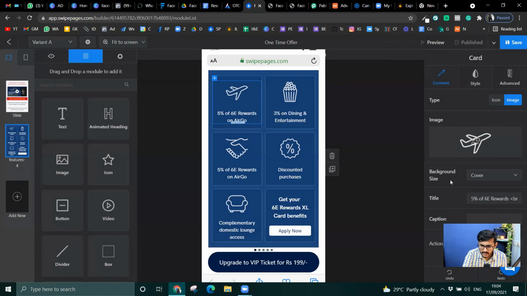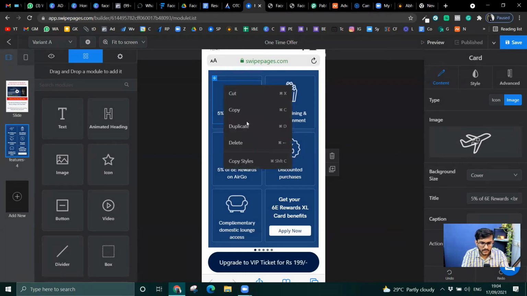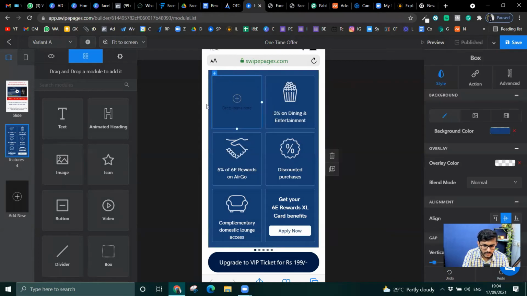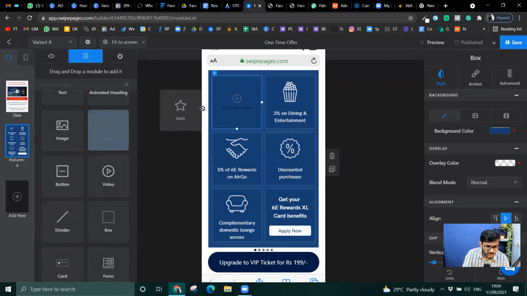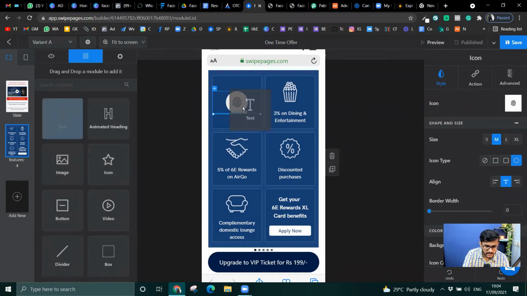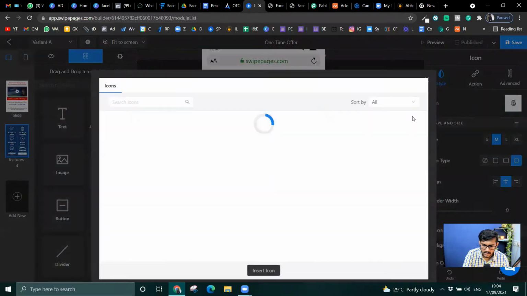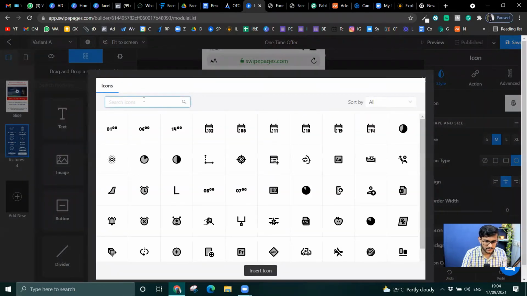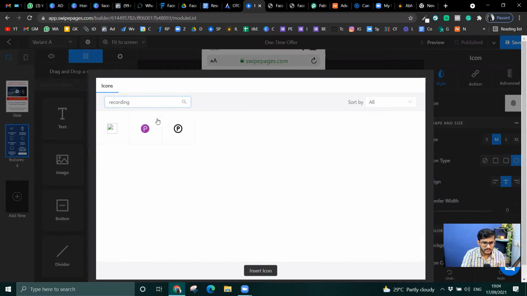Oh, that's bad. I want to remove this then. I want to add an icon, then I want to add a text to this. Recording. Oh, not there. Camera.